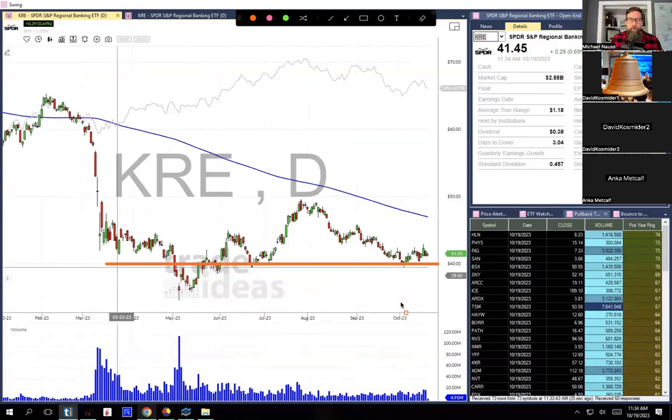I totally agree with you looking to play the index as opposed to individual regional bank names, just because we don't know when the next regional bank is going to tank or implode. So I think playing the index is the way to do it. The 3 times index, right? That's just up to your risk tolerance.